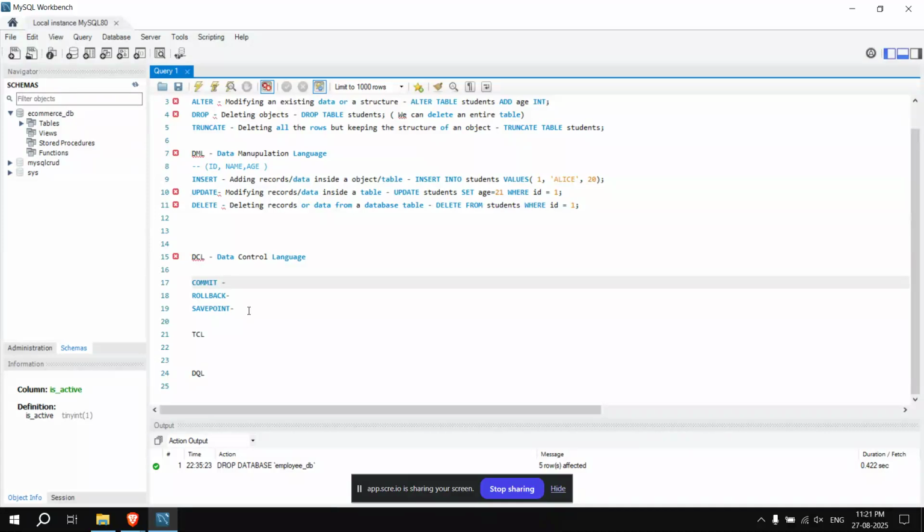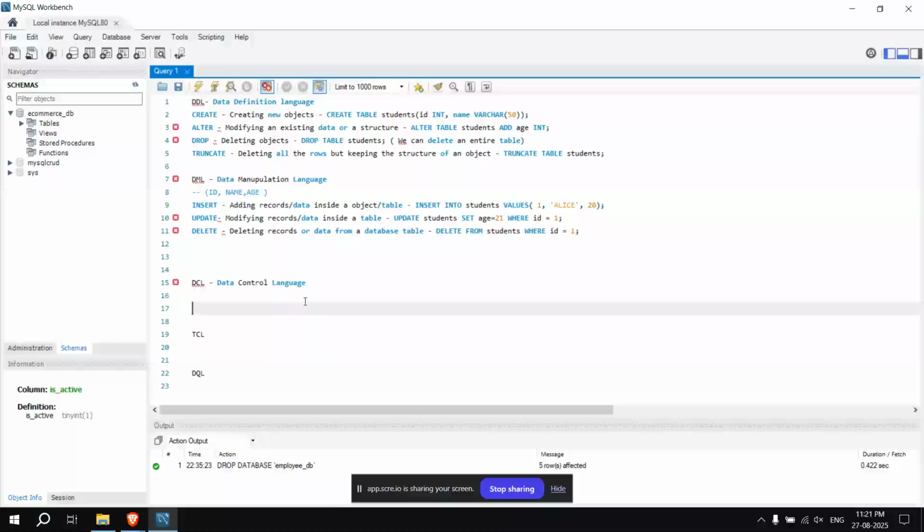Okay, sorry, this is under TCL actually. This is data control language. So control means, think of it practically, how to control someone, how to control a bike, or how to control a PC system.